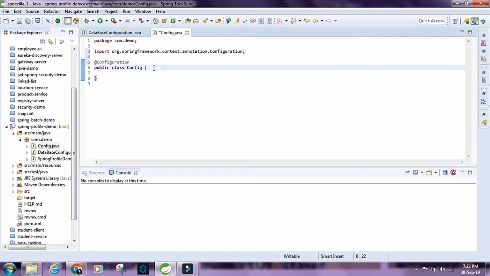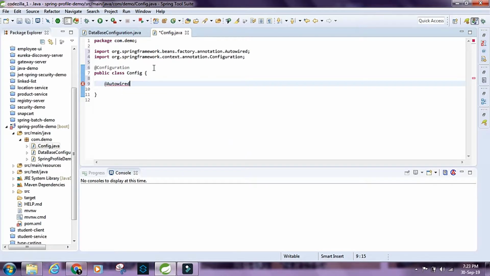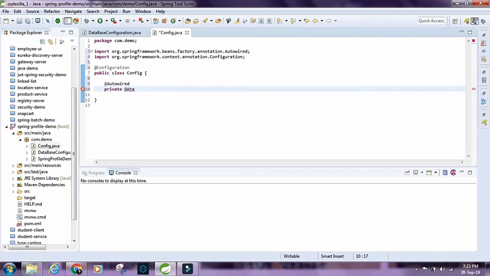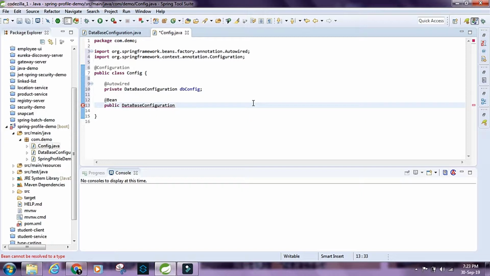Alright, I'm going to autowire a DatabaseConfiguration here. I'm going to name this dbConfig, and I'm going to create a bean here and say public DatabaseConfiguration. Okay, so I'm going to say dbConfigDev